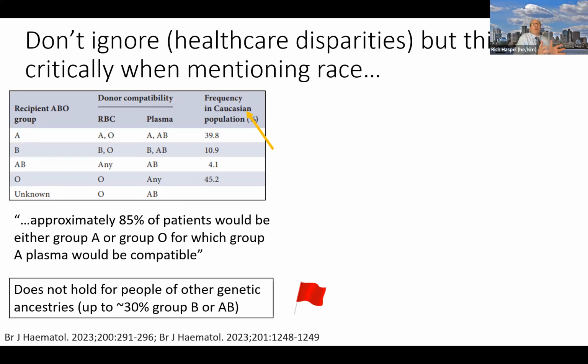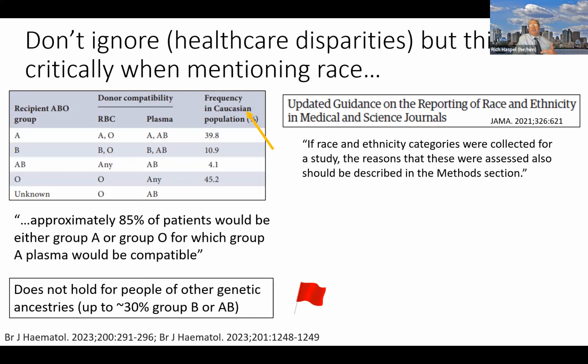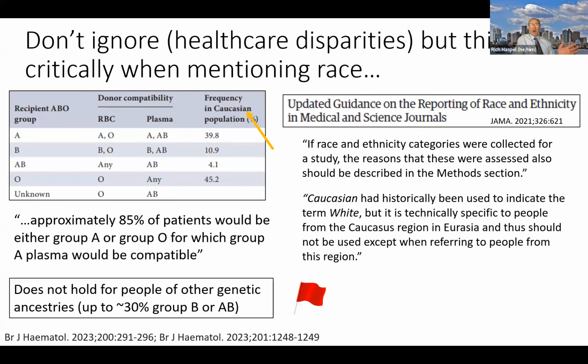And I'm not saying the people who wrote this are racist, but it shows how we were trained in blood banking. There's so much talking about race and antigen frequencies, we lose the big picture about what's going on. And I recommend these great guidelines that were published in JAMA. So we're talking about biases. Look at these guidelines to see how you're handling issues of ethnicity and race in your papers. For example, if you have categories for race and ethnicity, say why you're doing it. Don't just do it because, think about, do I really need this data?